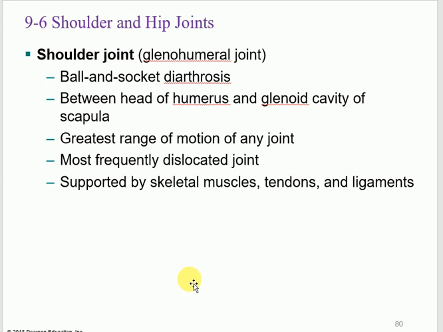Because even though it's ball and socket, it's not a really deep socket, it's a superficial socket. Compared to the acetabulum, remember how the acetabulum looks like? It was too deep. And the head of the femur is going inside, very hard to dislocate. But here, the head of the humerus is going into this shallow glenoid cavity. Even though there is something called labrum, like lips, to make it a little bit deeper, still not deep enough. Especially that you move it in all directions. The more movements, the more chance to dislocate. Clear? So this is the most commonly dislocated joint in the body, shoulder joint.